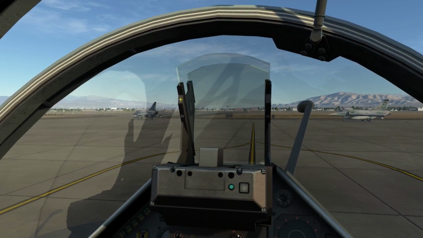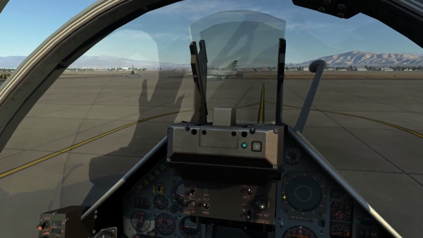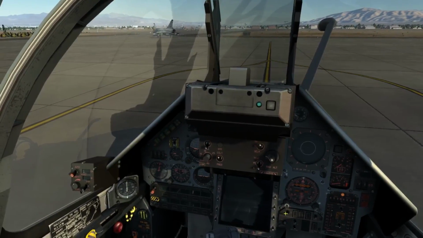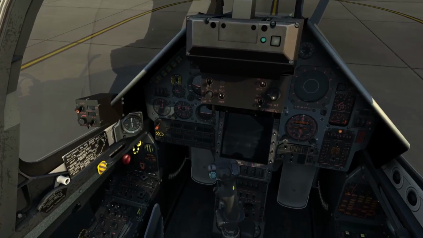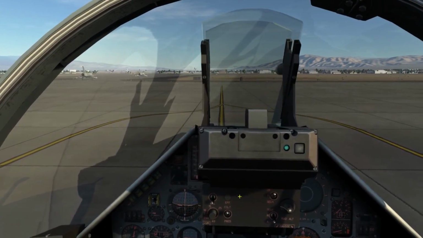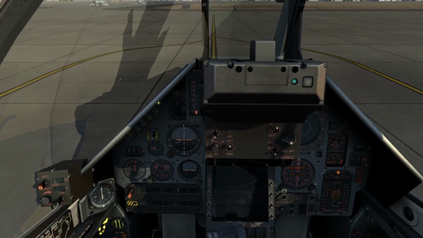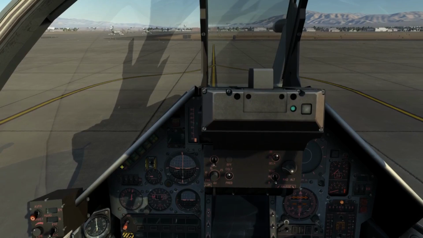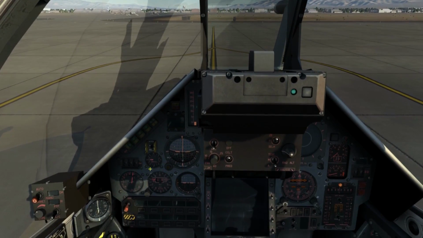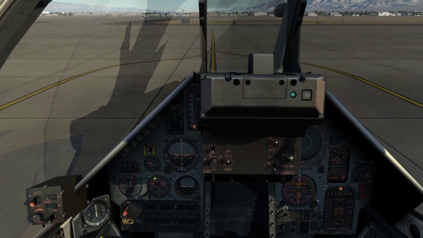This is the heads-up display, or the HUD, the HUD control panel, the radar display and controls, and the IFF panel. On the left side of the front dash, we have the following: the angle of attack indicator, the autopilot lights, the attitude direction indicator, ADI, the vertical velocity indicator, the airspeed indicator, the altimeter,